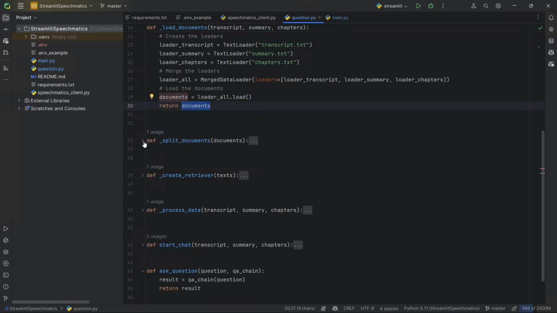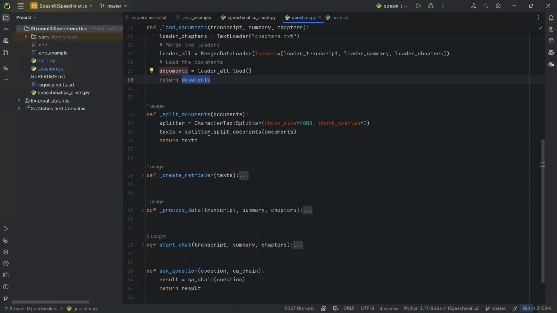After we have loaded the documents, we have the function responsible for splitting the documents. It receives the documents that we just saw before. It creates a character text splitter from LangChain with a chunk size of 4,000, which means it's going to be split every 4,000 characters, and we're not doing any overlap. We're just calling split documents on those documents, and this will create all the split text that we'll